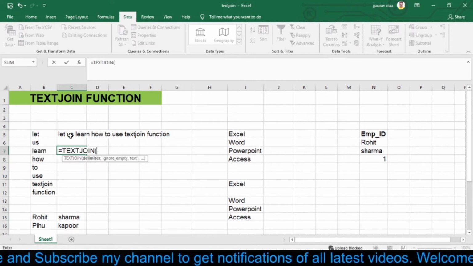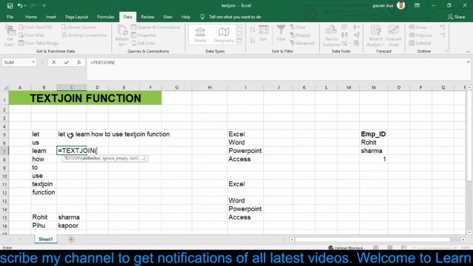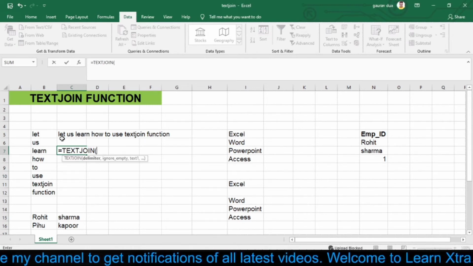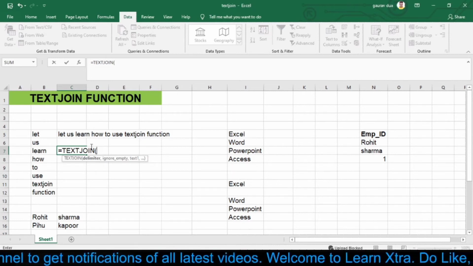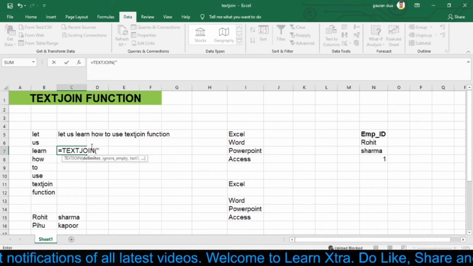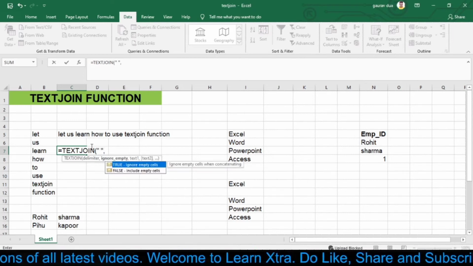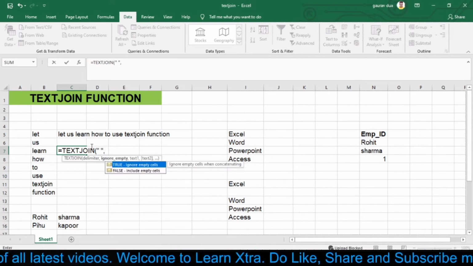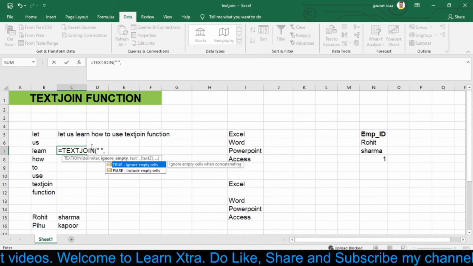Simply type equal to TEXTJOIN, then open bracket, and then in delimiter I want a space because I want a space after each text as shown in C5 cell. So simply type or give a space between double inverted commas, because I want a space after "Let", after "us", after "learn", and so on.